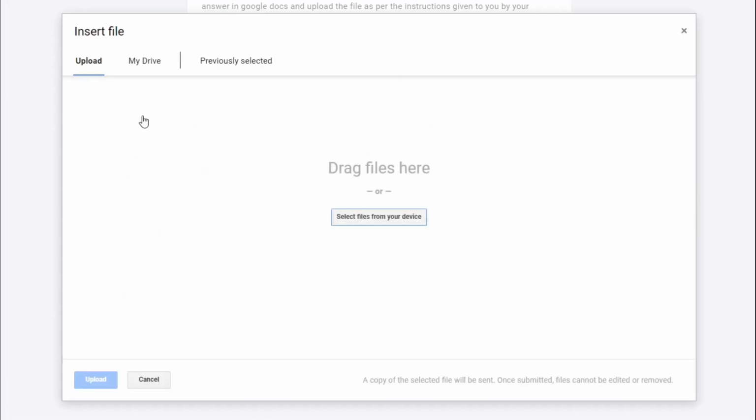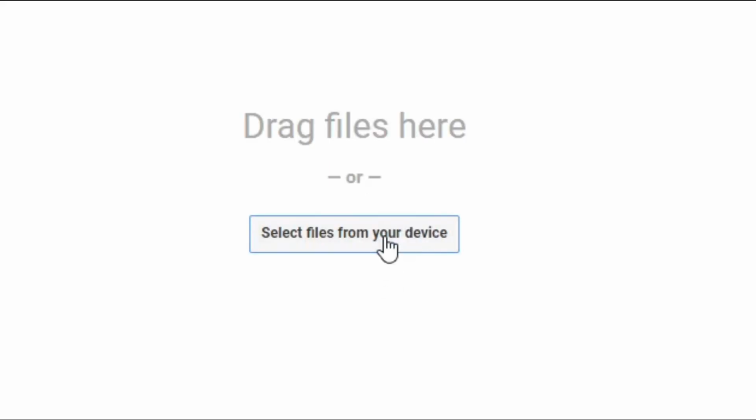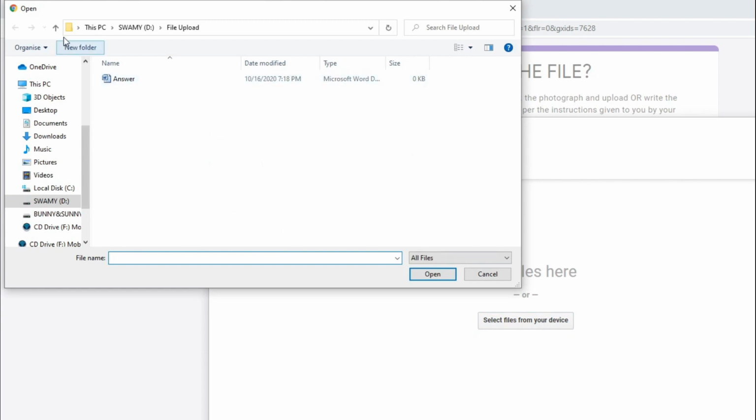Now select the question, add file option, and here you can see you can insert the file, upload from your device. So select files from your device. So let us click select files from your device and then come to the file upload. Here is the MS Word document.